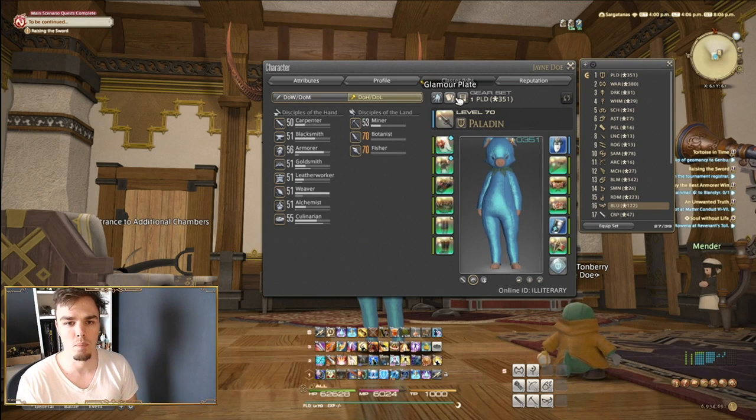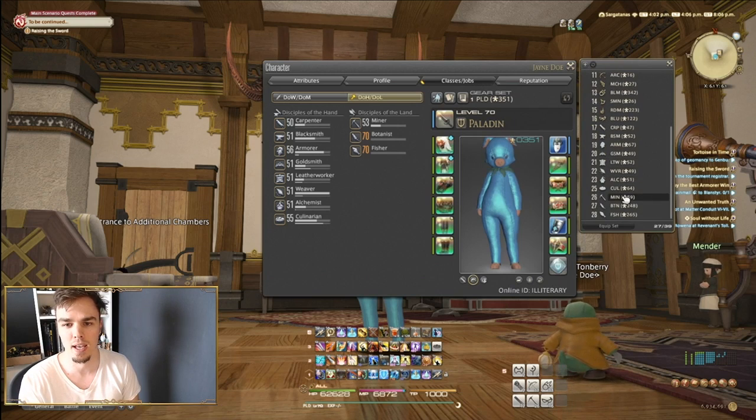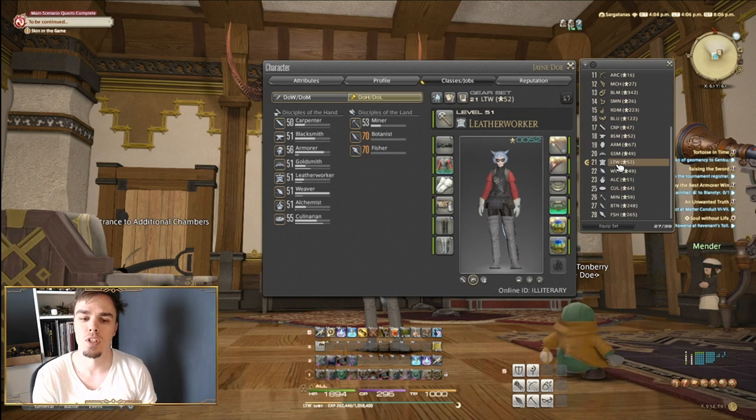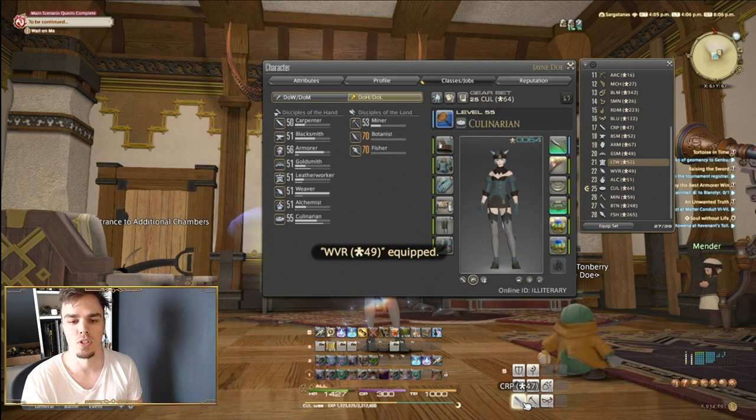You can always jump back into your gear set list like I'd been doing up until now for that, and then going down and manually clicking, oh, I want to be on my leatherworker. That's 100% fine. What this is really good for is when you are on that class, however far this is,